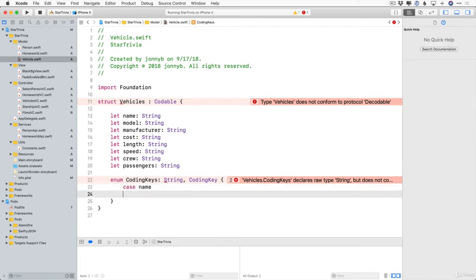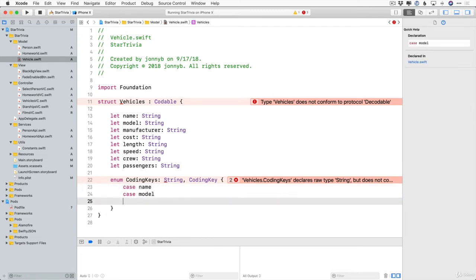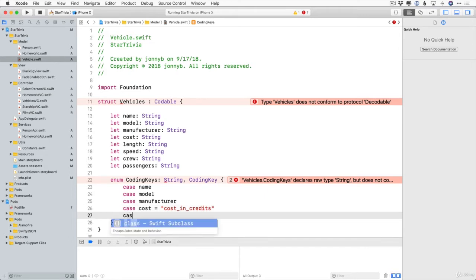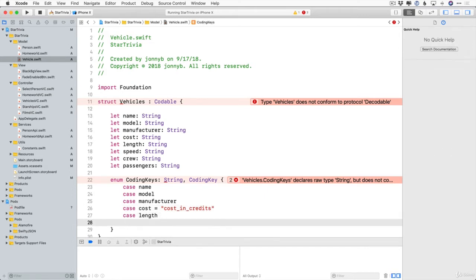So we have case name, case model, case manufacturer, case cost, and this is the one that was different. Okay, so this was snake case cost_in_credits. Okay, then length was the same, and speed was different. So speed is equal to max_